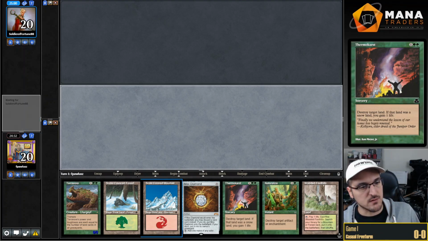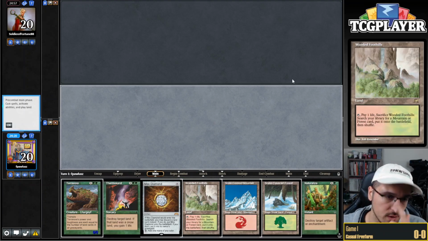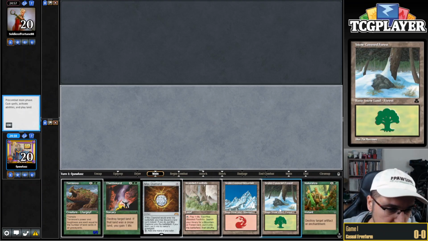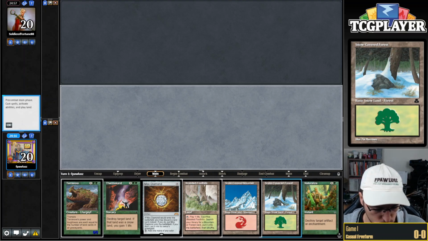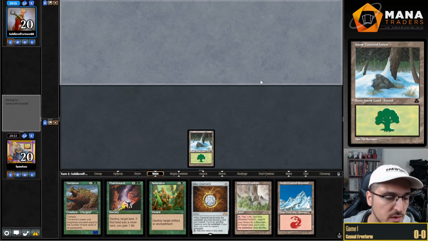It's kind of awkward that we drew 2 of our basics. My opponent may be playing something that I want to naturalize on turn 1, but I think I'm going to choose not to do that. We're just gonna play a forest and pass the turn. They may play like their own Mox Diamond or something like that, but...